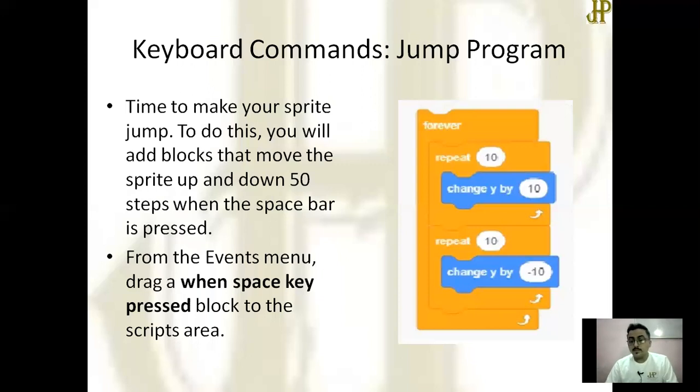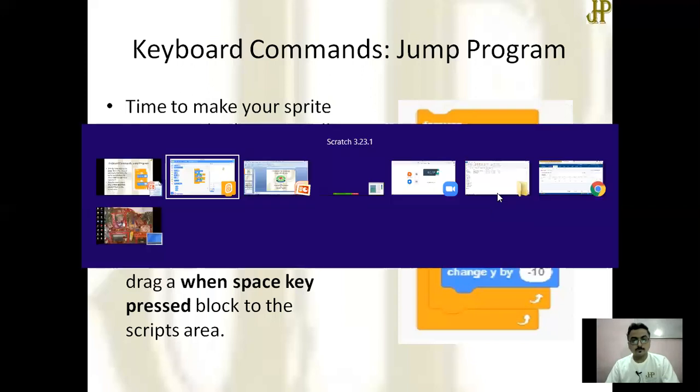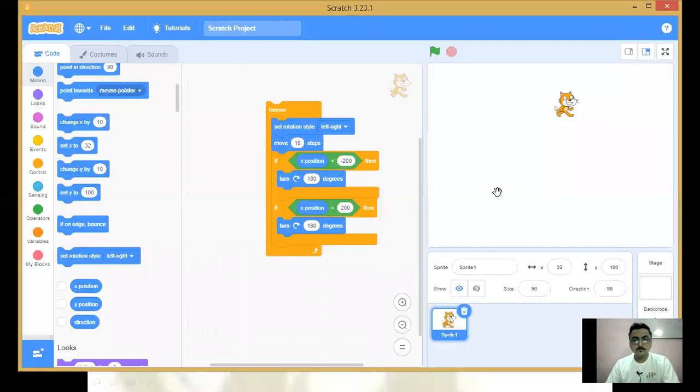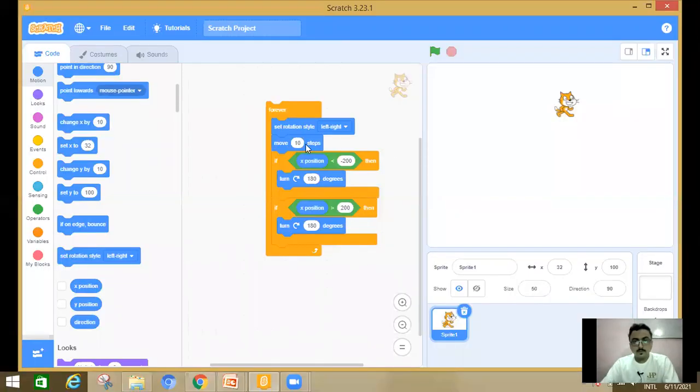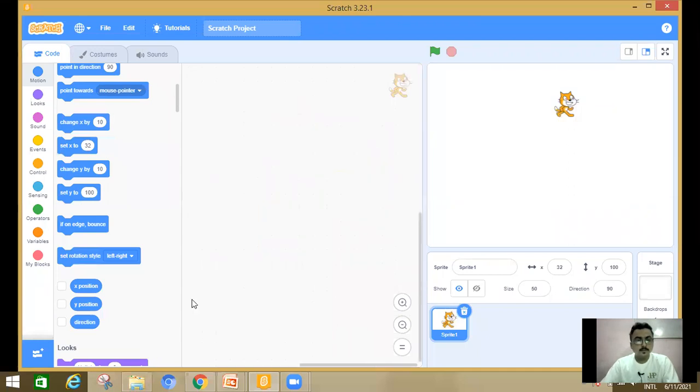So again change the Y direction by minus 10, and this will happen forever. So I'm going to show you. I'm going to delete the whole block and start fresh. So what is to be done?